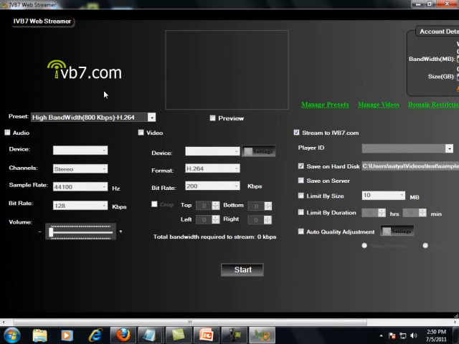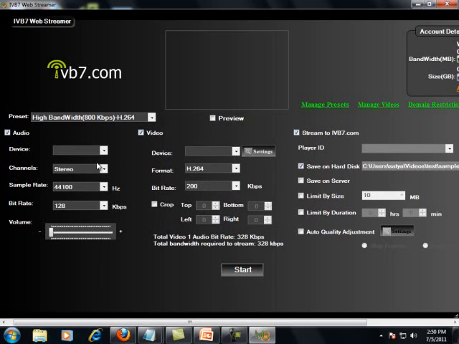Yes. So the webcam can also log in to your web streamer software, but as you have seen before, the IVB7 audio device and the IVB7 video device is not detected. Without the IVB7 audio device and the video device, you will not be able to broadcast your videos. It's just a demo showing that it can even detect the webcam and enter into your software, but without identifying the device, it never broadcasts to your portal.